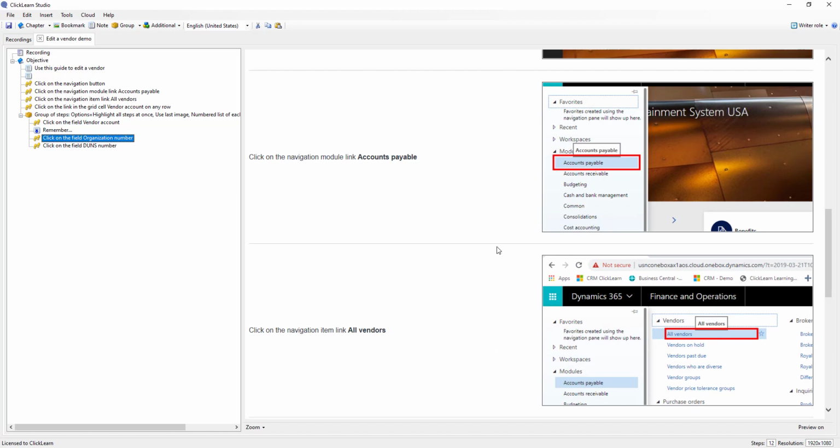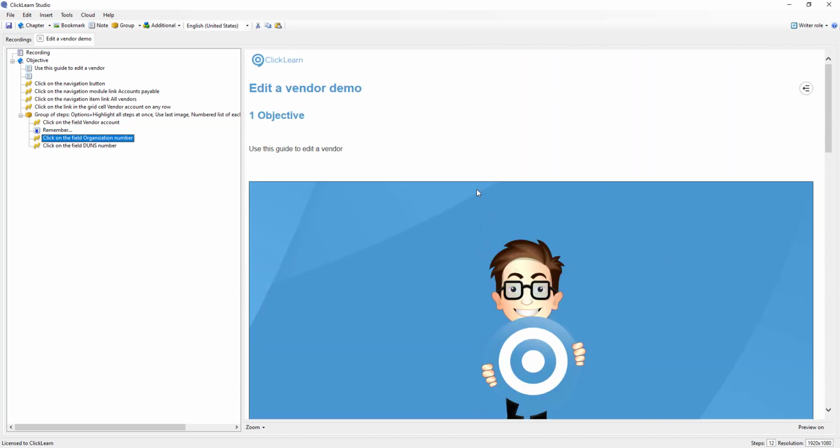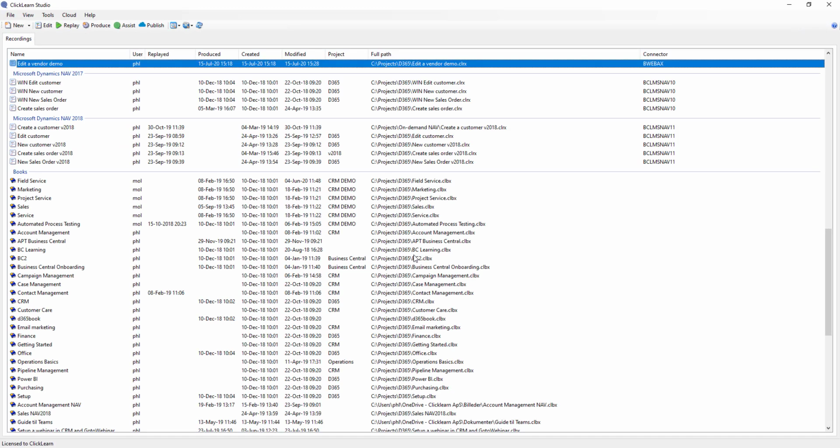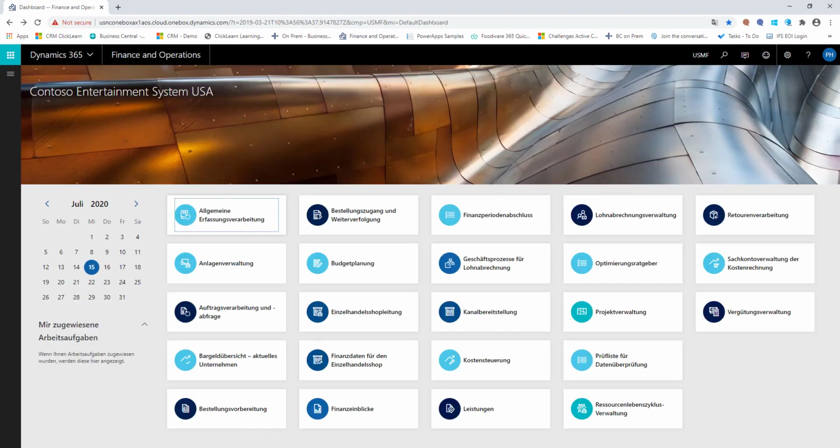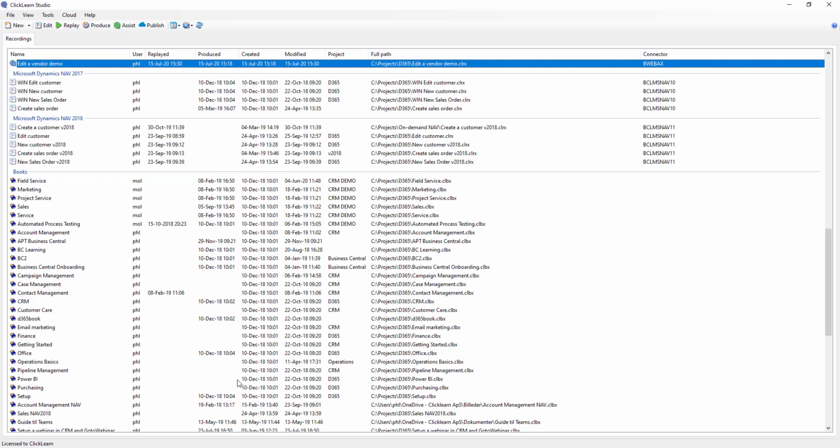Now, if you need to add in different languages, well then ClickLearn can also take care of that for you. So if we in this case stop and save the recording that we did, and we tell ClickLearn to do a replay of the process, that could be, for instance, because we want to have this delivered in a different language. So here I have a German user interface, and by going back into ClickLearn, telling it to do a replay,